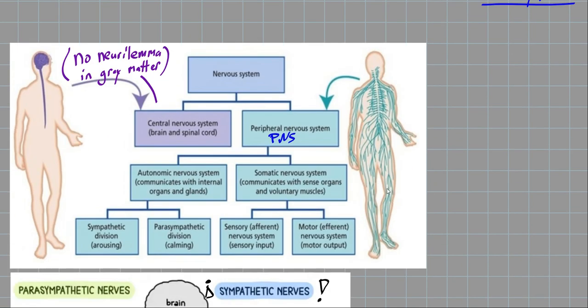The overall organization of our nervous system is broken into two main categories, central and peripheral nervous systems. The central nervous system is the brain and the spinal cord. Those can contain gray matter, and those ones don't have neurolemmas, which means that they can't heal if they're injured. So if you have a spine injury or a brain injury, this can be something that takes a really long